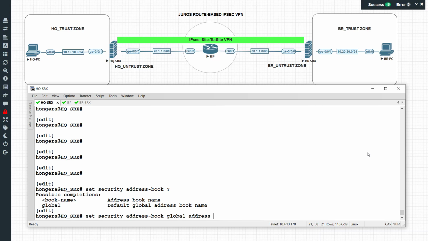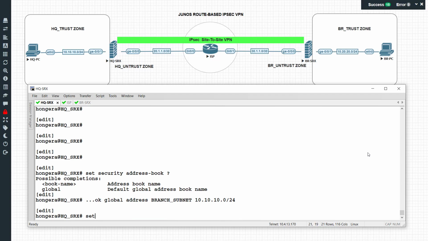I'm going to say the branch subnet. It's going to be 10.10.10.0/24. And I'm going to say set security address book global address, say HQ subnet, say